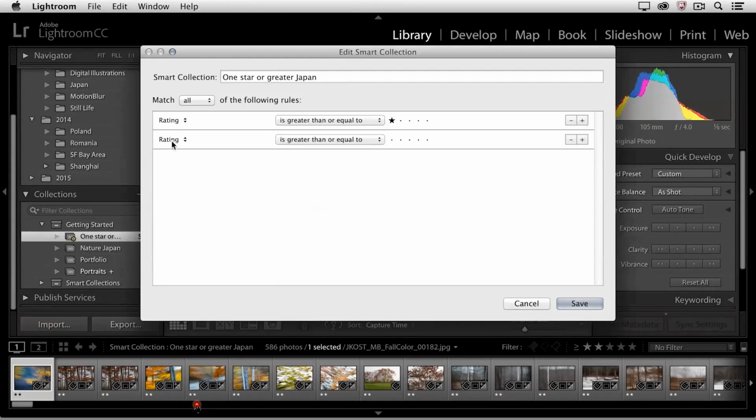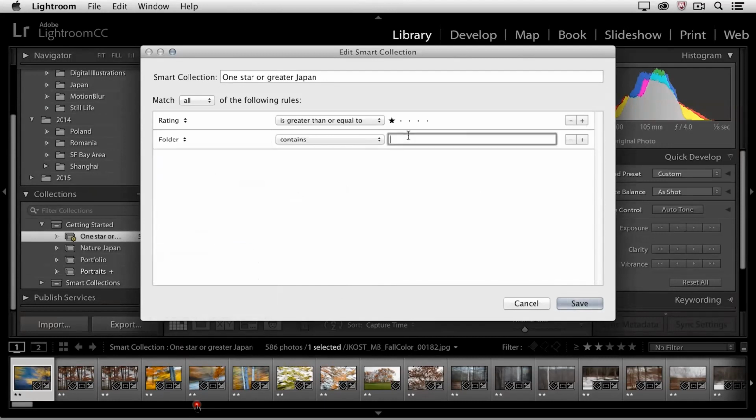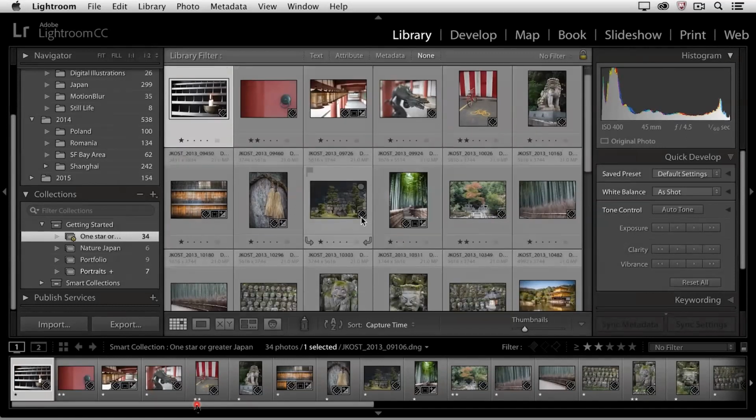So in addition to having a rating of 1 star or greater, you can see that there are a number of different things that I can use to filter or to search for this Smart Collection. I'm going to go to the source area, choose folder, and then type in the word Japan. This is going to limit the Smart Collection to only look for the 1 star images that are inside the folder called Japan. When I click Save, Lightroom will automatically go out, search through that folder, and provide the results